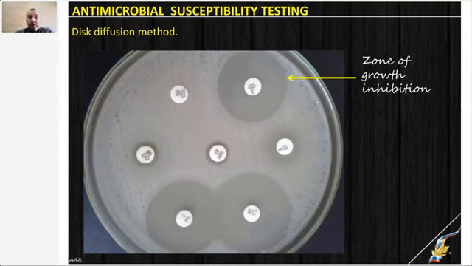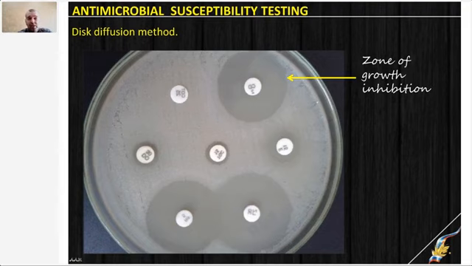So another method which is still kind of popular, and which you will perform again in laboratory classes in practice, is the disk diffusion test or disk diffusion method, abbreviated as DDM or DDT. The principle is very similar, but here, as you can see, we're using a petri dish, one petri dish instead of test tubes, and of course it is agar.